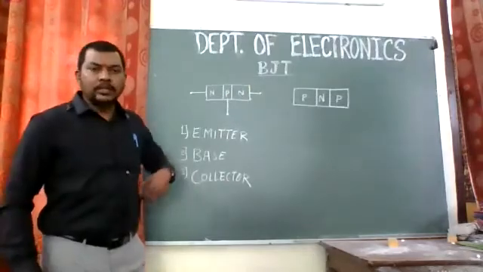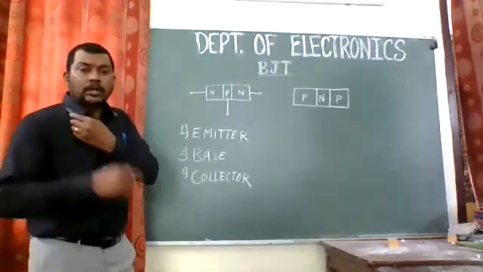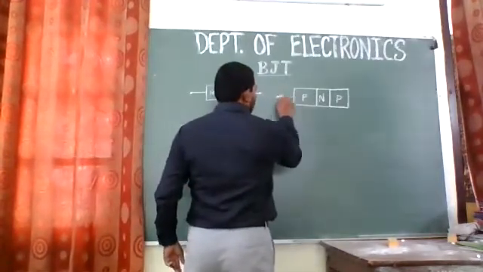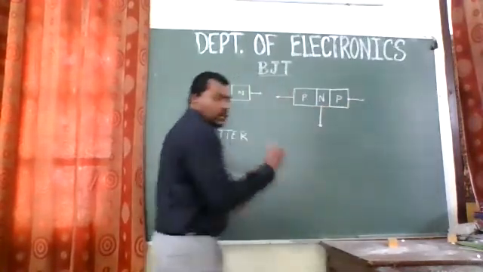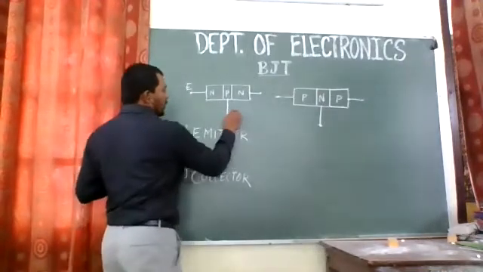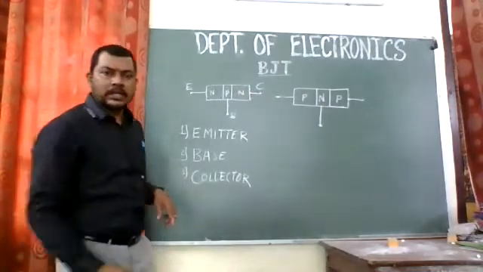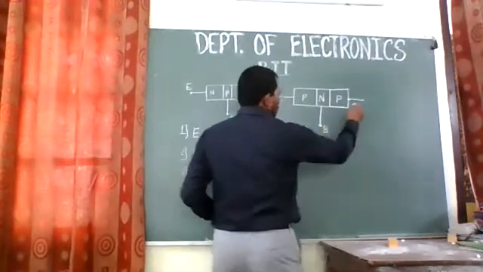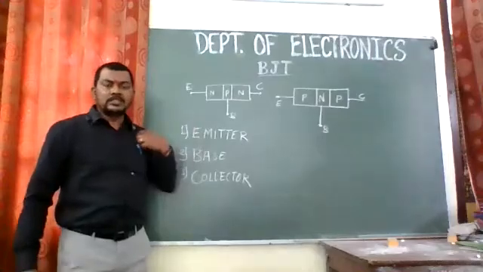So we have three terminals or three electrodes coming out of this transistor, and similarly over here also we'll have three terminals, so we have two types of transistors. If I call this an emitter, the central one is always the base, and the left one is called the collector. Similarly, here we will have this emitter, this base, and this is the collector. So this is a transistor.